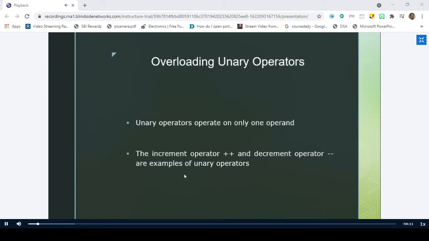May I know the reason why? They are not member functions of the class, sir. So they are not defined as member functions. Right. Very good. So in today's class, we will continue with the same concept of operator overloading only, but